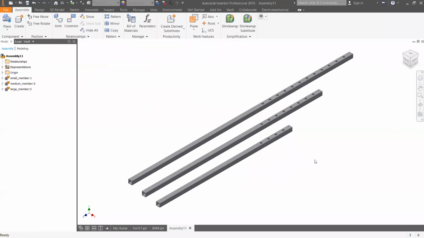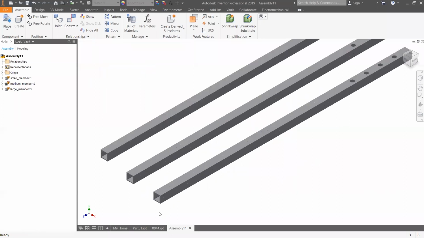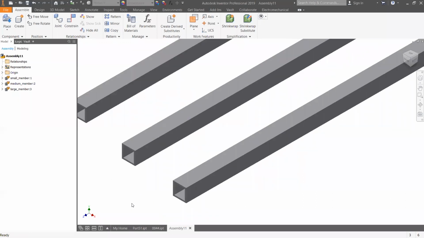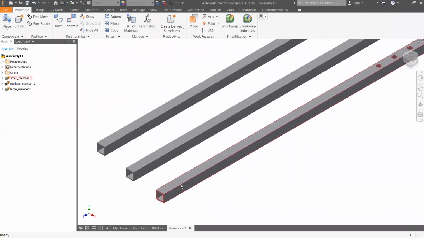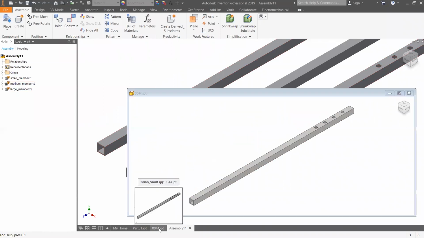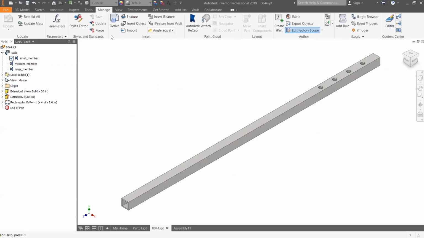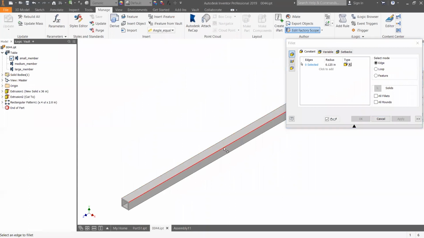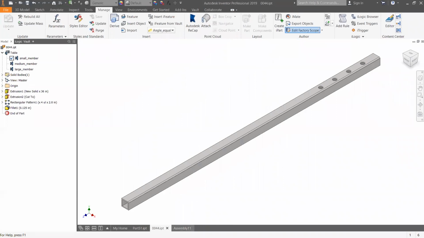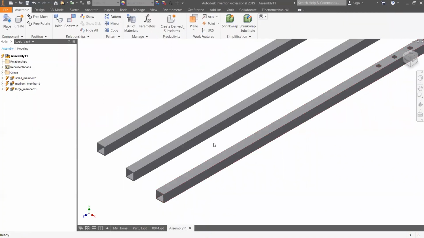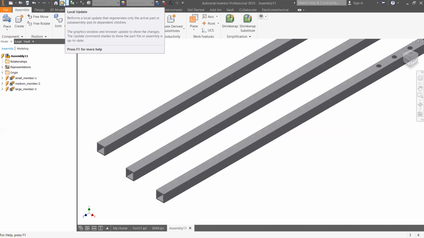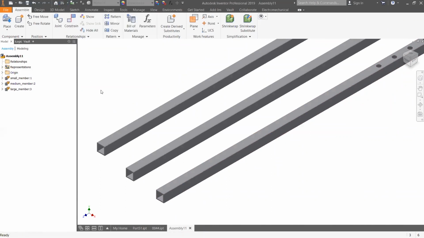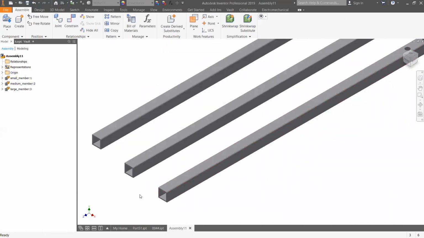And now let's say you want to make a change to this part. The customer or the designer wants to add a fillet to this part. We can just go back to the master part here. I'm just going to add a fillet to one of these edges here. And then if I take a look at the assembly here, it's going to give me this local update icon with that thunderbolt. I'm going to go ahead and hit that